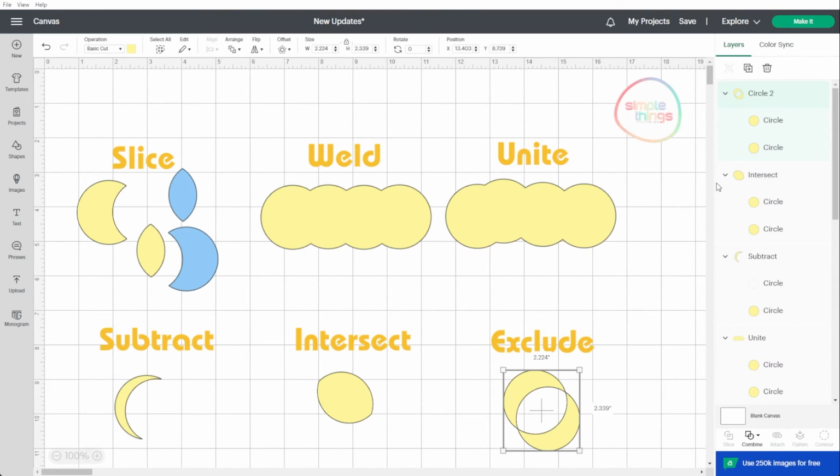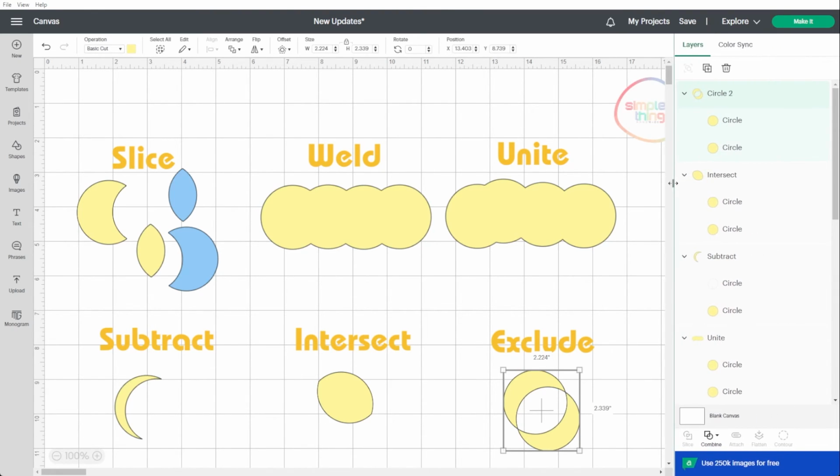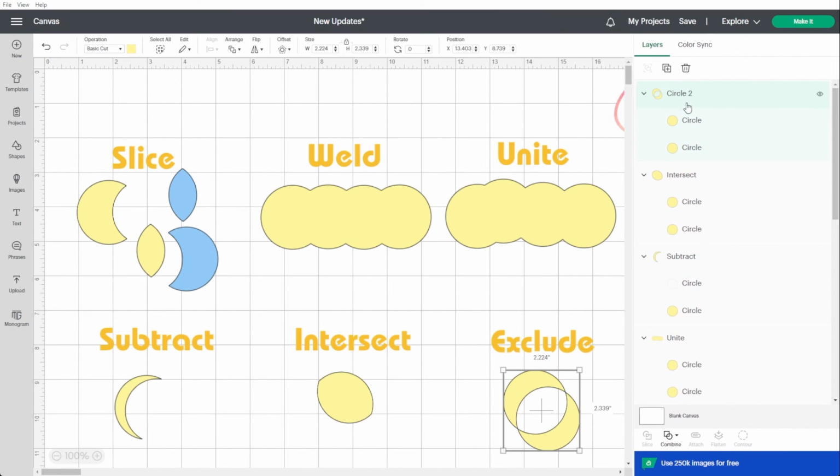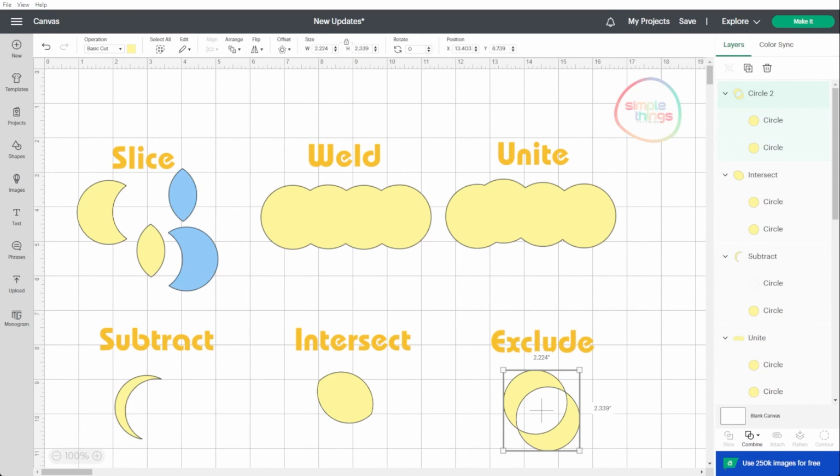Now, also to the layers panel, you can now make the size bigger or smaller. This way you can see the name of your layer if your name is a little bit longer than it's supposed to be. So I'm very excited to be using these options in Design Space because these used to be